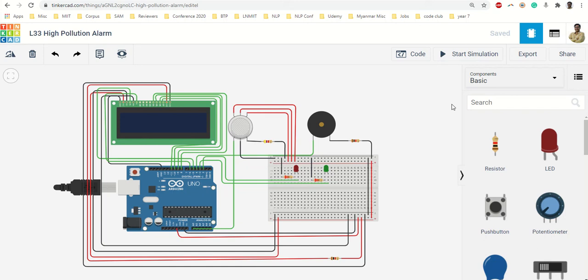Hello friends, welcome again. This is a project which you would have seen in your city that displays what the pollution level is at that particular point in your city. So we have a sensor which detects the air. Right now we have only a gas sensor, but we have sensors which can detect different types of pollution and they can measure their pollution level also.